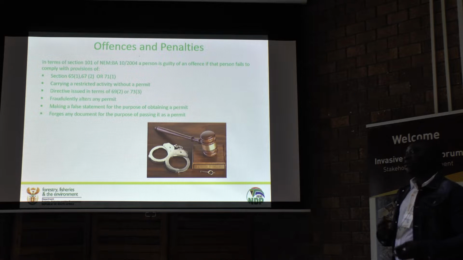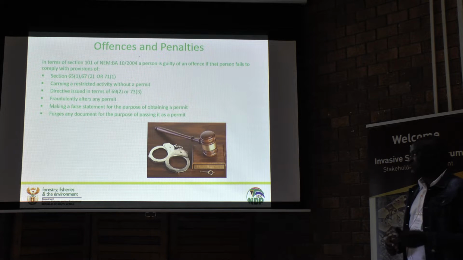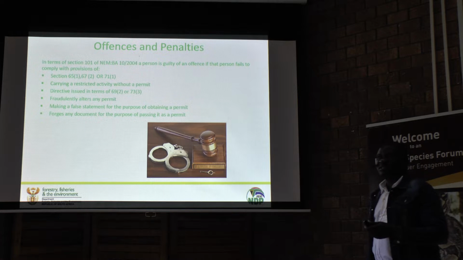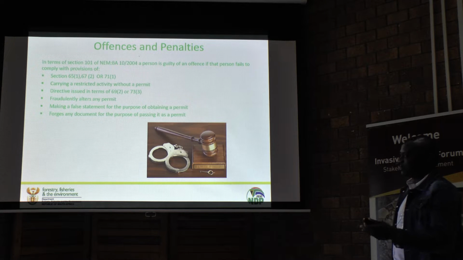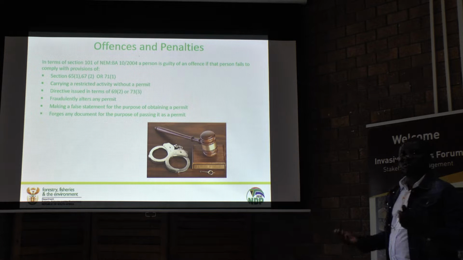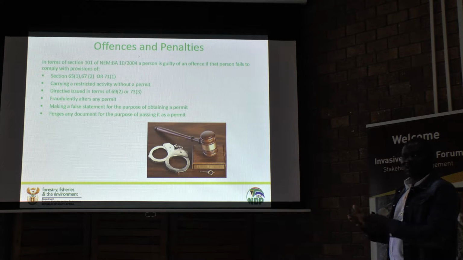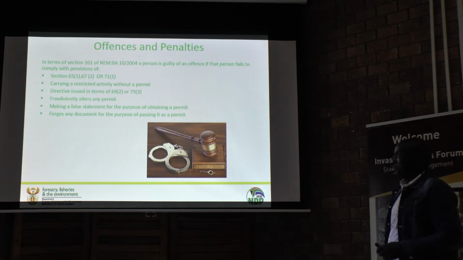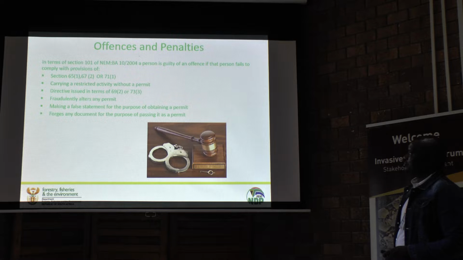After you receive a permit, we will visit you, normally after 4 or 6 months. When we come to your property, we find that you have got 6 or 7, but the permit shows 5. Then it means you are